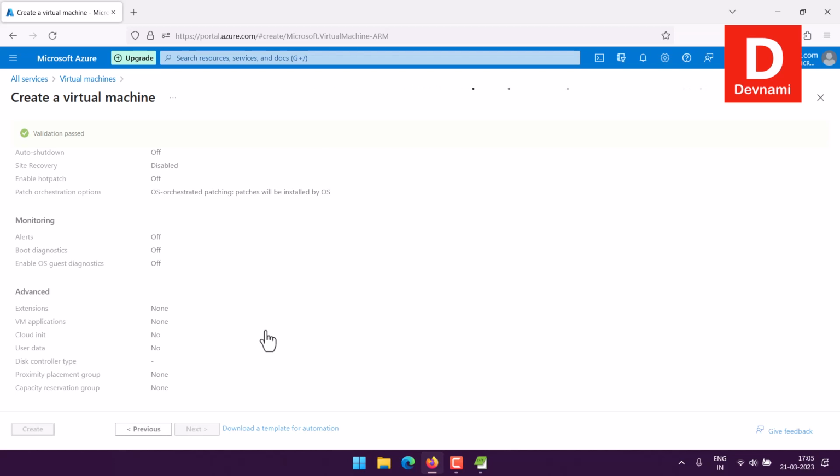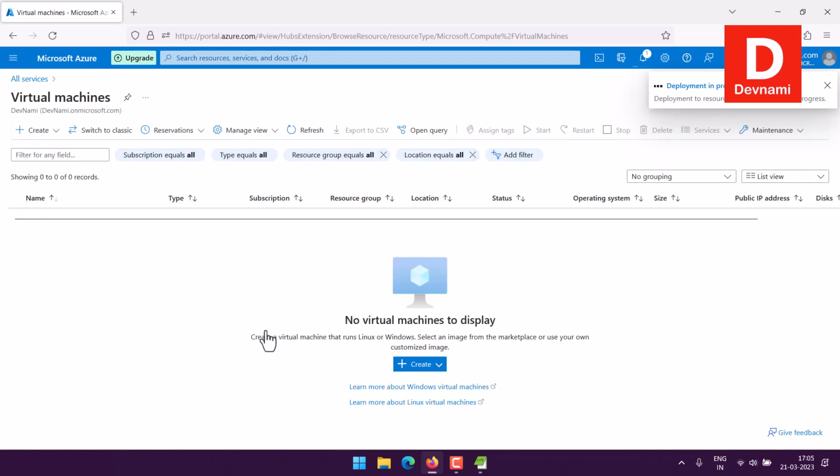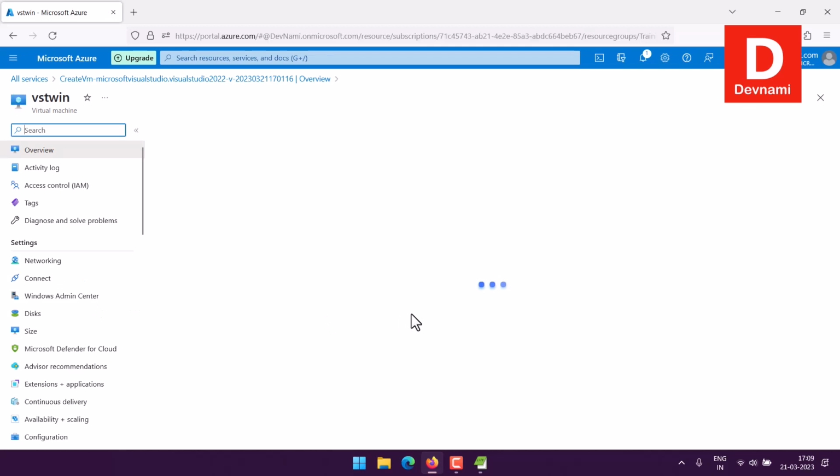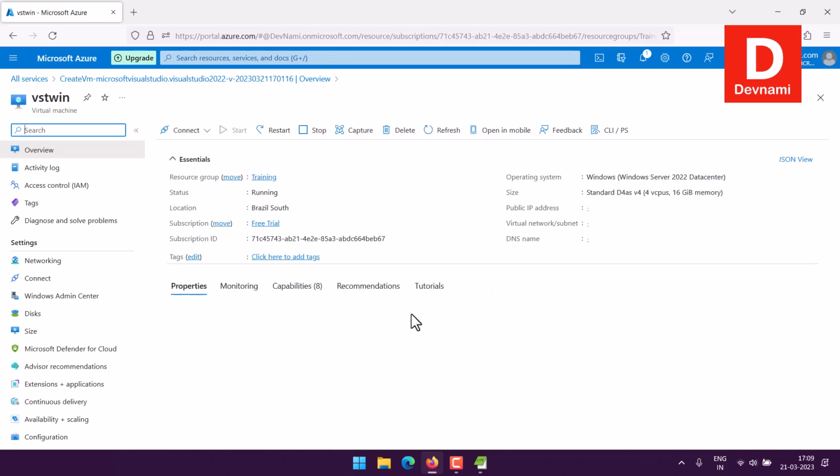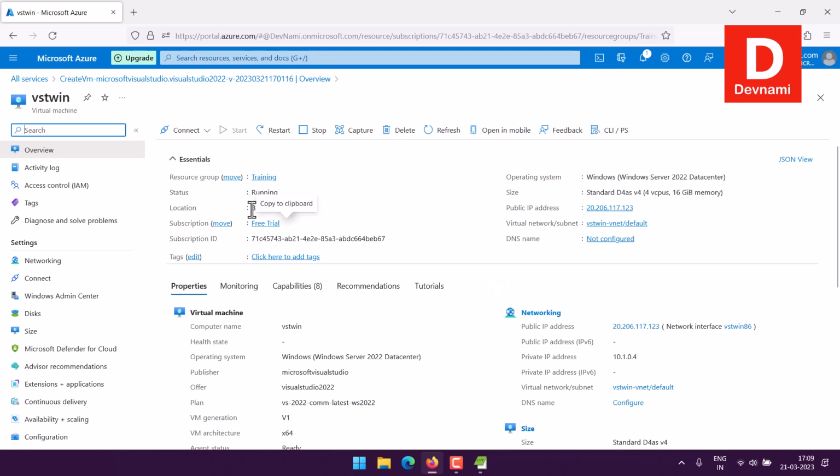So the next step would be making use of RDP to connect to this virtual machine, from where I can access Visual Studio Community. Now click on go to resource once the deployment is done, and from there we will be collecting our IP address to connect to. Here you can see the random location turns out to be Brazil South. So I will just pick the public IP address, just copy it, then use